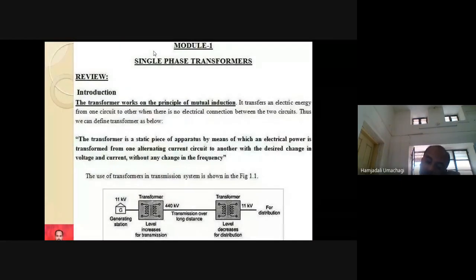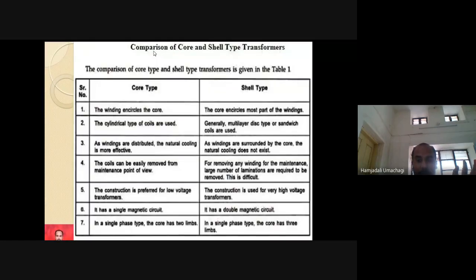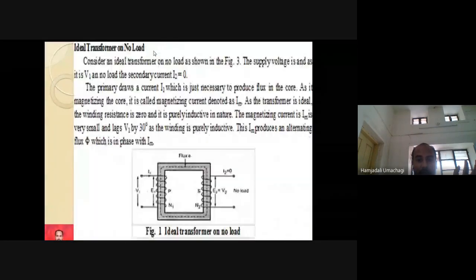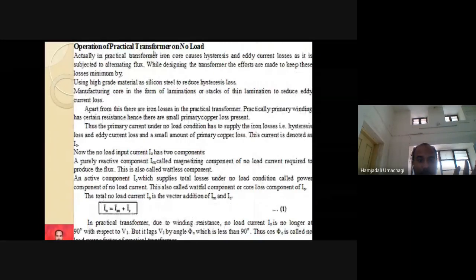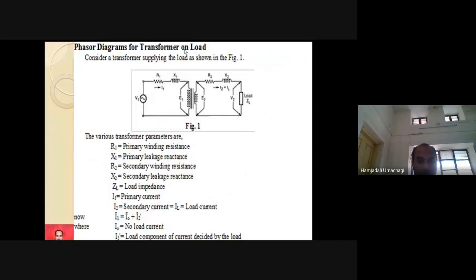Right. So whatever I have discussed today, this whole portion is your previous concepts only, whatever you have studied in your basic electrical part, just to go through the first year basic electrical transformer concepts now. And your actual syllabus will begin from this part. Operation of a practical transformer on no load. Your actual syllabus will begin from this portion. In the start of the syllabus, this part we can start from next class onwards. Is it okay?